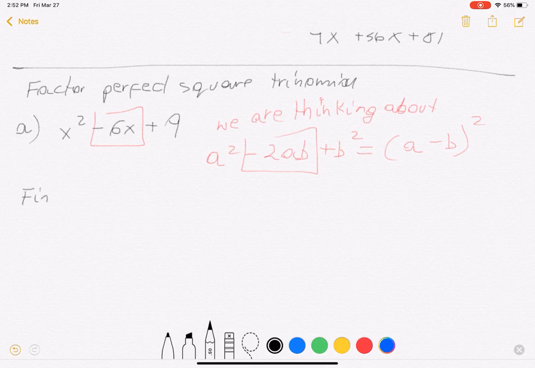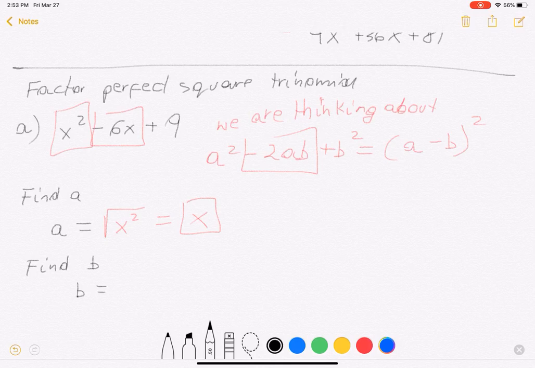So find a. To find a, we're going to take the square root of the first expression, which is x. That's a. Find b. To find b, take the square root of the last expression, which is 3. Okay, so this is b, this is a. So it looks like I will have x minus 3 to a second power, but before you plug it into the formula,